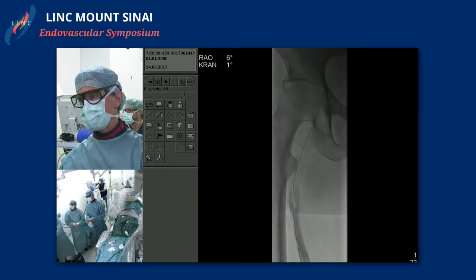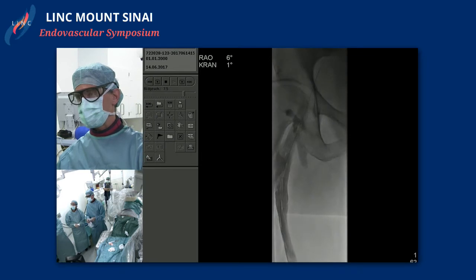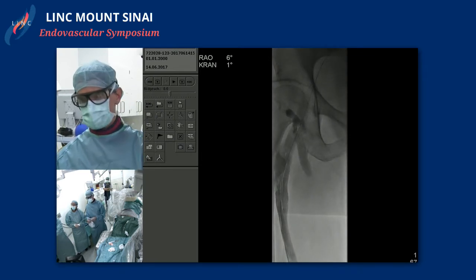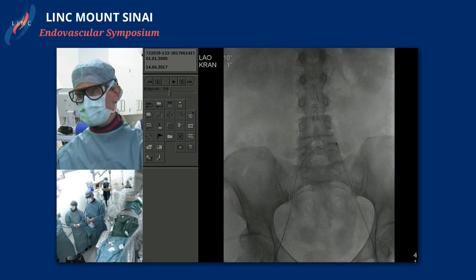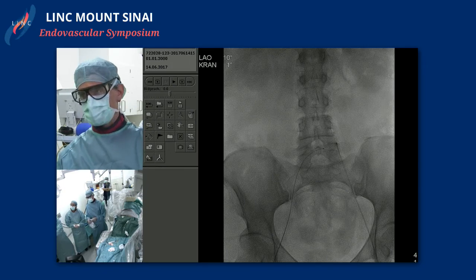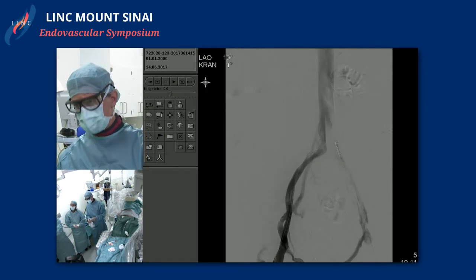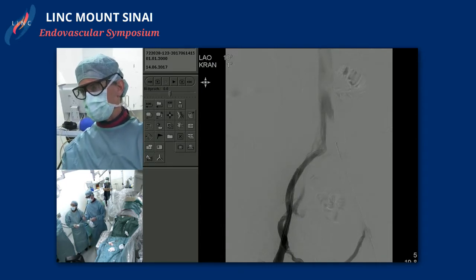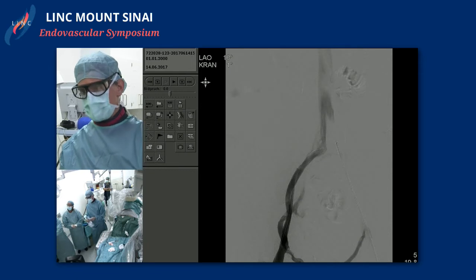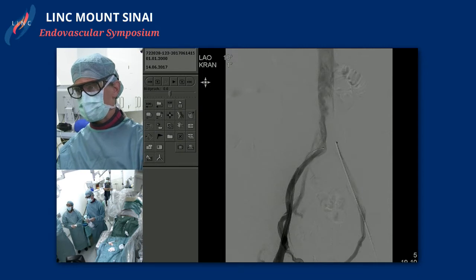You can see a huge insufficient saphena magna vein, which will be treated later on. Then, as you can see here, contrast going down, and then the wire actually went easily in and through because it's not totally occluded. There is a channel through, and you can see here now a phlebography, with collaterals distal at the level of the common femoral artery and going crossover, showing you that the stenosis of the common iliac vein is hemodynamically